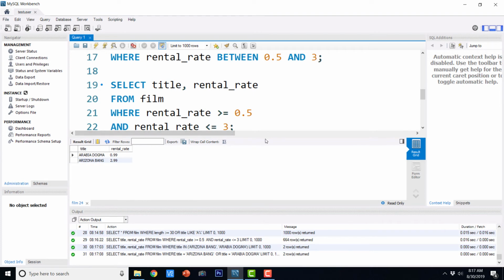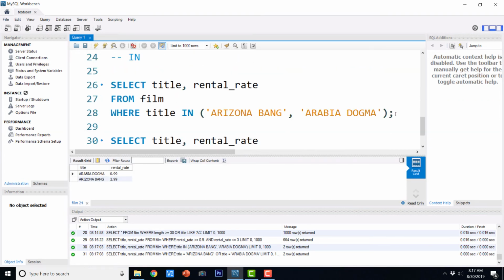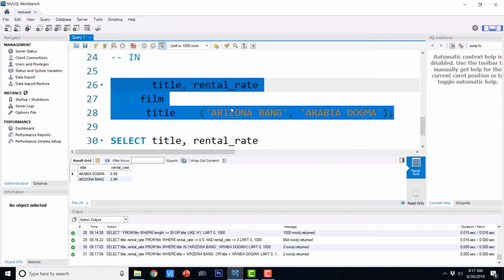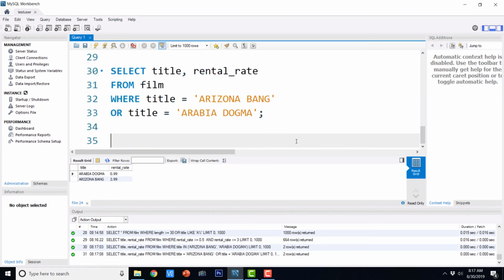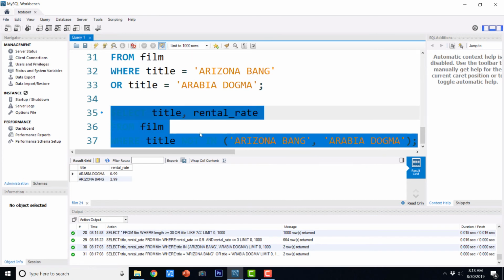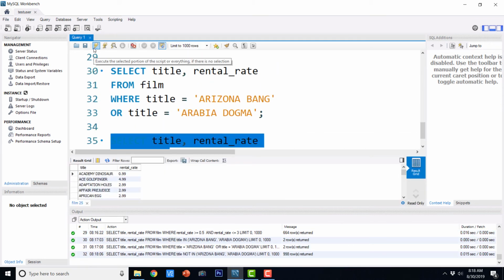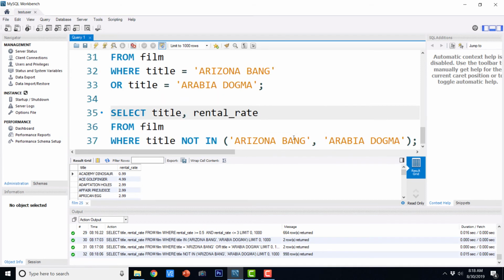And then we are now going to see the logical complement or not operation. So that is easy. So I'm just going to say not in, and it is going to return me all the rows that don't have their titles in Arizona Bank and Arabia Dogma. And those will be quite a lot of records because only 2 films have got these names.